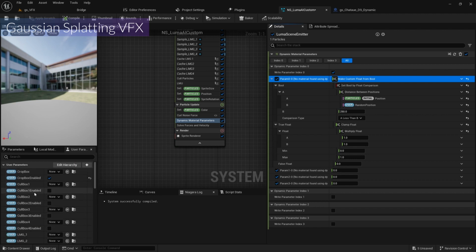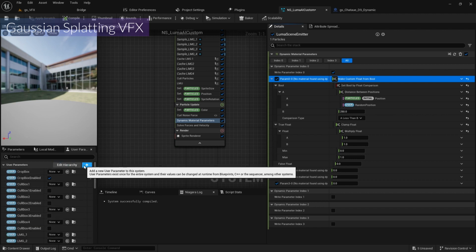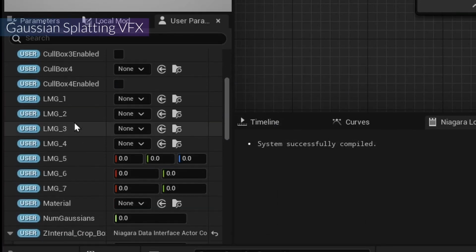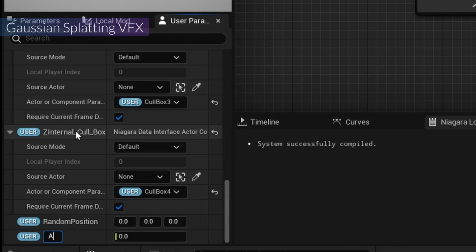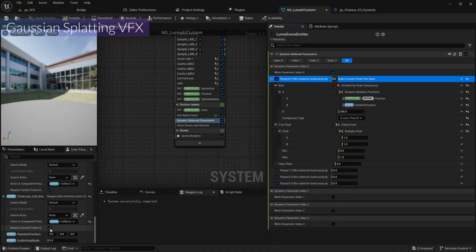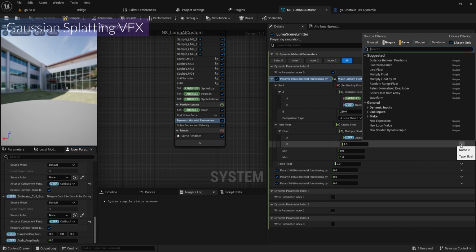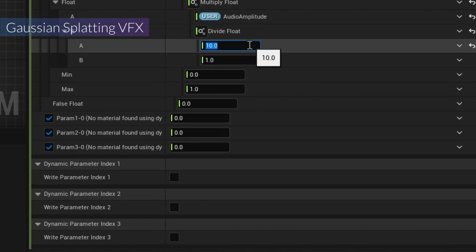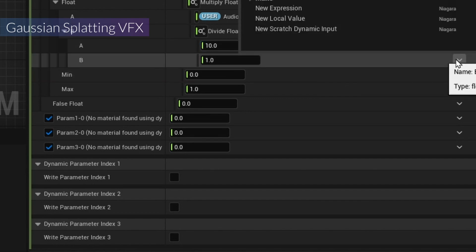Which means I need to add the audio like a parameter. So I'm gonna add the float user parameter, and then I'm gonna call it audio amplitude. So and then I'm gonna drop to here, and then I want to change the color by the velocity as well. So I'm gonna add the divide float, and A is 10, and I'm gonna make vector, make float from vector,